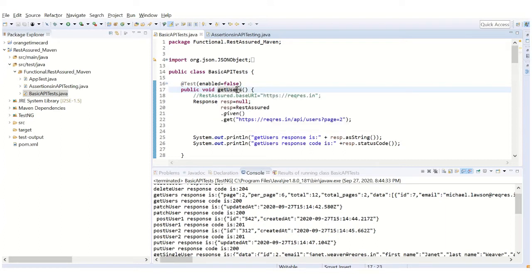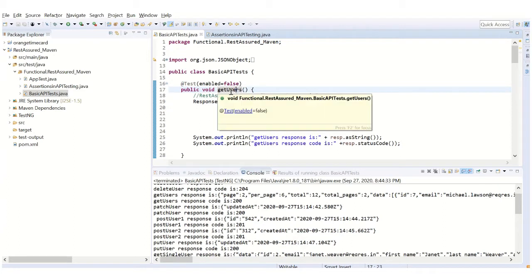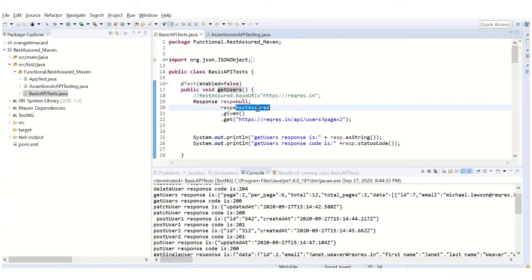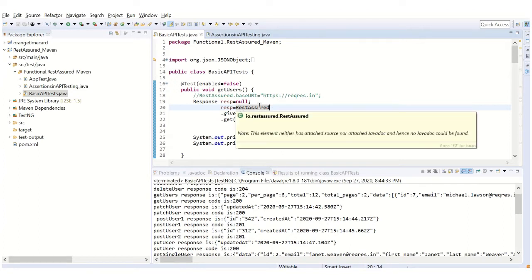So okay, this is get users, and I have this RestAssured class which will give me access to the methods which will be used to run these APIs. So in any API request, this is the class that we are using to make our requests and run them.